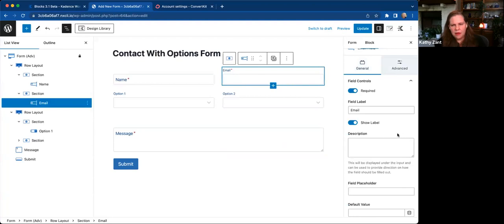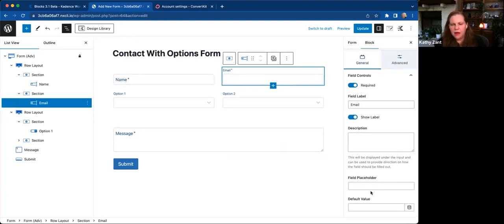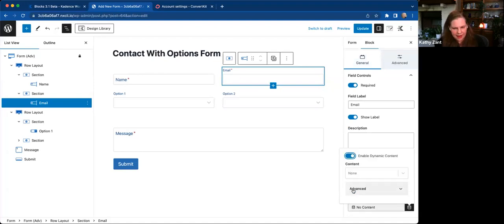Okay, email. There was something I was going to show you with email. You'll see here the dynamic content. This is just the first advanced form block. I can imagine so many new things that are going to come to us with dynamic content and what's going to happen with the form block. For example, if you have a very data-driven site where you have user input and you have logged in users that you would like to be able to update their particular information, and you have all of that stored in